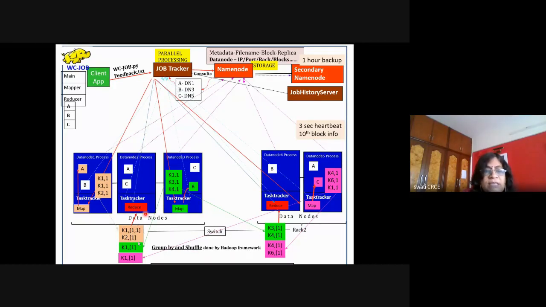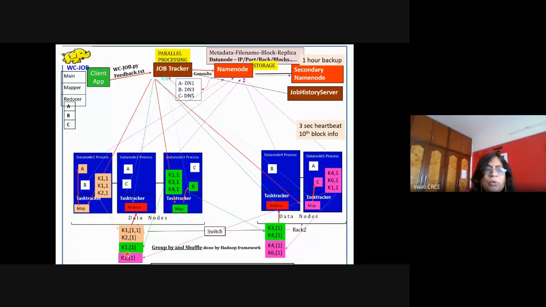Shuffling is done in such a way that all the same keys go to the same reducer. So for this reducer, all K1 keys from here are shuffled here, then the K1 keys from block B, and the K1 key from block C are shuffled, and all the same keys go to one reducer.